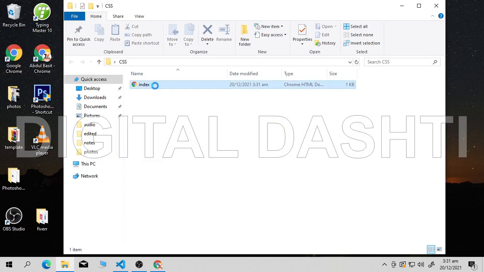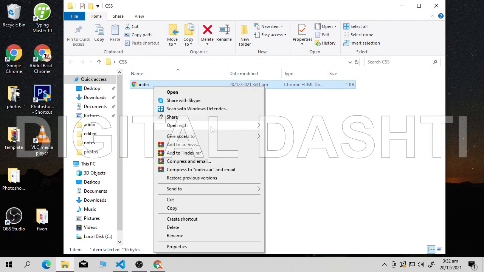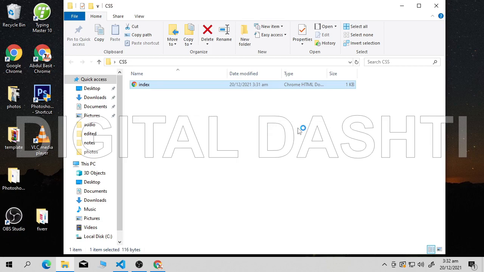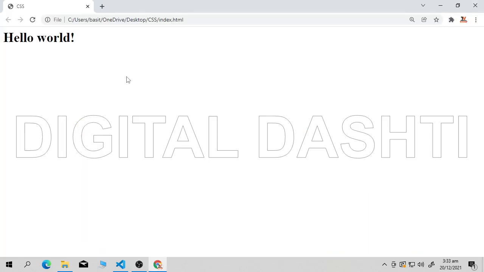Select your file. After selecting your file, go here and open it with Chrome. I'm using Chrome. Whatever browser you have, you can open it from there. It's not necessary. Guys, finally our document has opened successfully in the browser. Here you can see our title CSS and our content hello world.